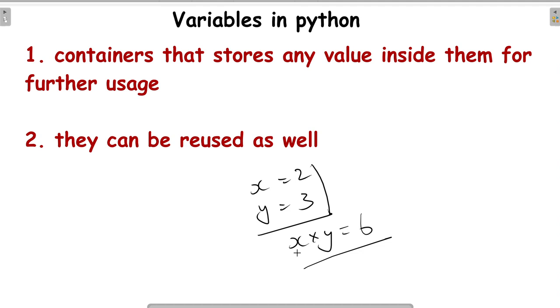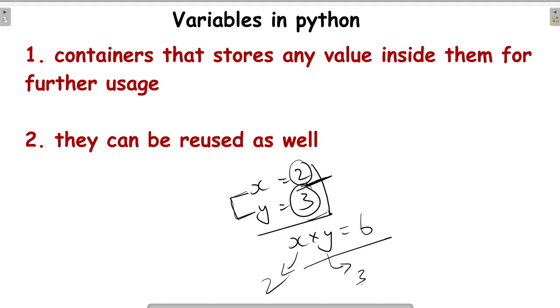Because you take the value of x as 2, as given here, and the value of y as 3, as mentioned here. This means x and y are not treated as the letters xy. They are known by the value that has been stored inside them, right?